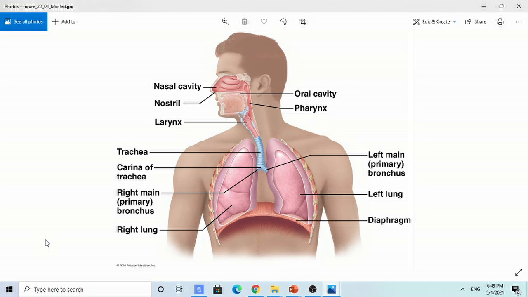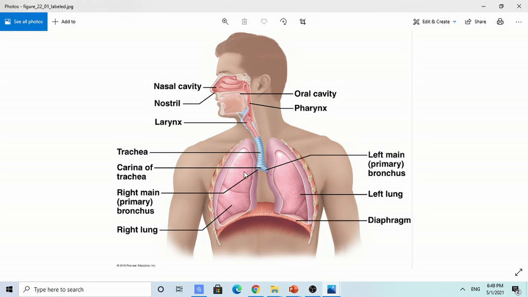In this and the following videos, I will present you the organs of the respiratory system. So, the organs of the respiratory system are nose and nasal cavity, pharynx, larynx, trachea, bronchi,